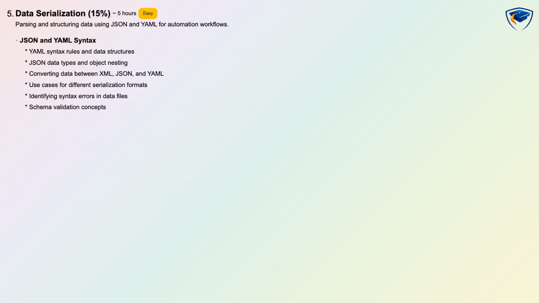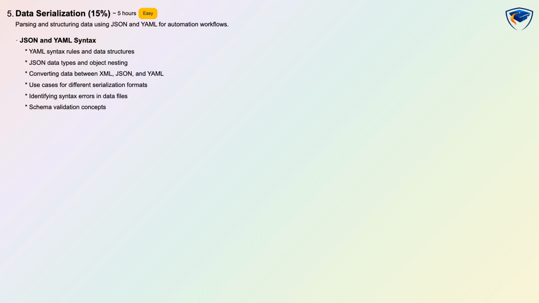Data serialization is 15% and is easier in difficulty, focusing on parsing and structuring data using JSON and YAML for automation workflows. Study time is about 5 hours and assessment is conceptual and scenario-based. You will learn YAML syntax rules and data structures, JSON data types and nesting, and converting data between XML, JSON and YAML for different use cases. The domain also emphasizes identifying syntax errors, basic schema validation concepts, and choosing the appropriate serialization format for a given